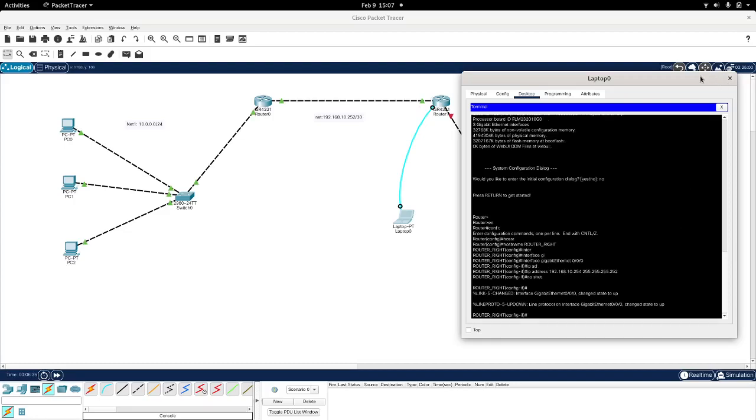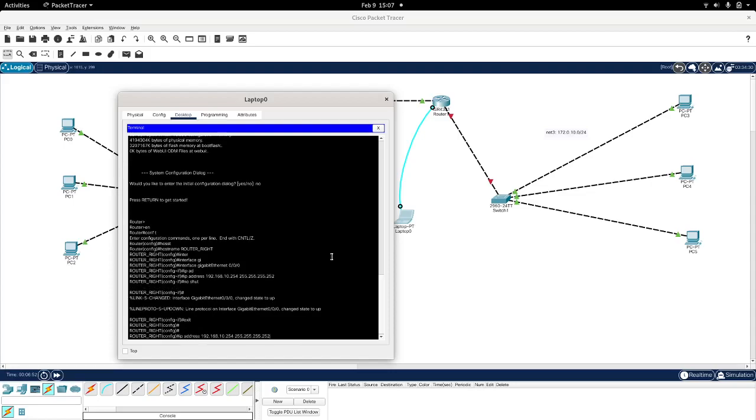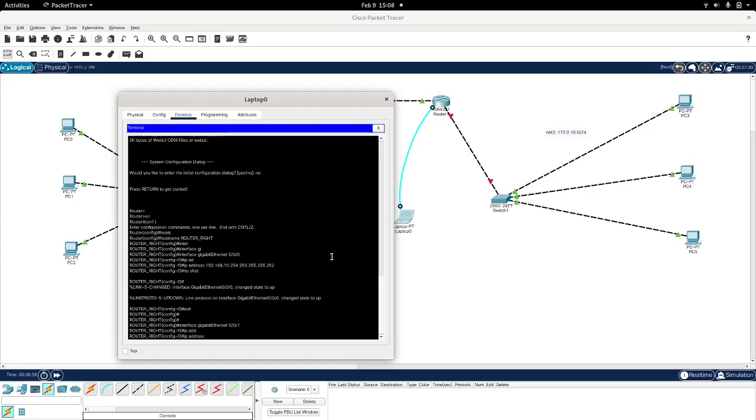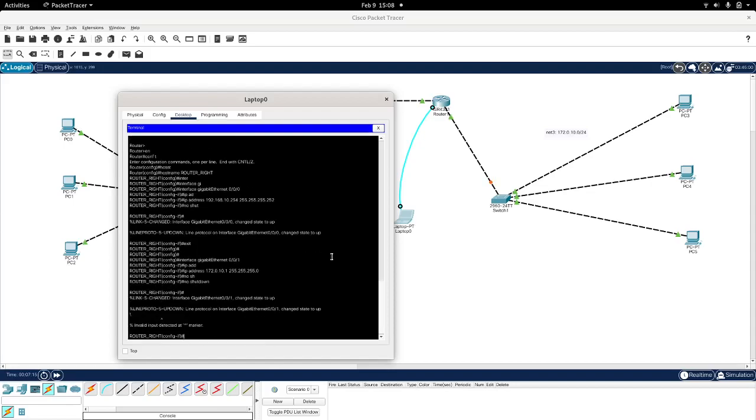bring my interface up. So now that we are here, I might as well configure the interface 0/0/1, which is the one that corresponds to the network number 3. So I exit from this interface and I access the next interface, and I issue the IP address 172.0.10.1, with the mask 255.255.255.0, and no shut down to bring that interface up, and